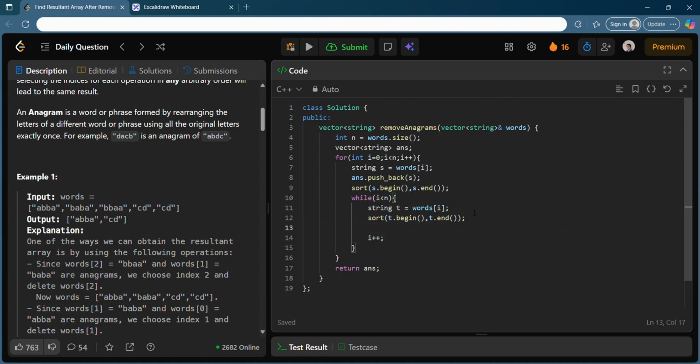Okay, so you have sorted this, and if you see that t is not equal to s, then you can choose to break. Now, after you have reached a new string which is not equal to the previous clump of anagrams, you do not want answer.push_back to happen in your next iteration only. So at the end of every for loop, another i++ will happen, so I will do an i-- here.